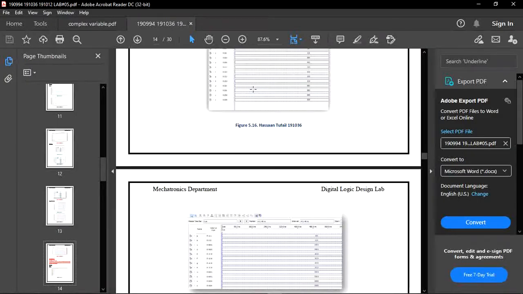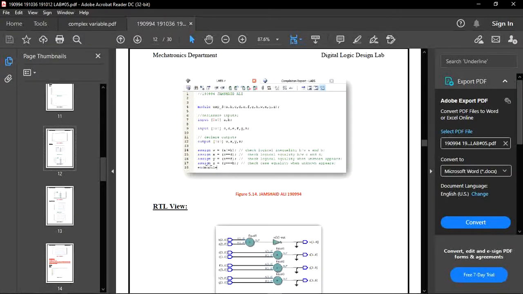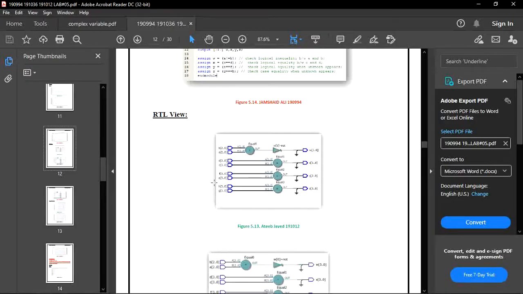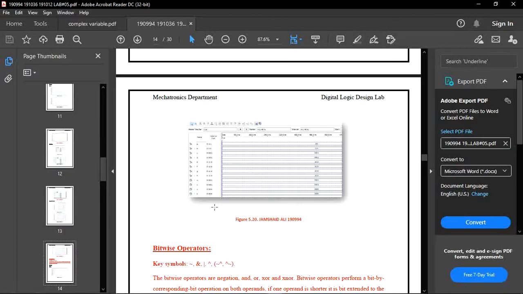So when an unknown appears, then our logical equality will be unknown, because there is one unknown variable in our function. So in the last case, which is z, we have to check case equality when an unknown appears, meaning if there is any unknown variable in g or h, then z will check our case equality. Then we can see on our output waveform that z will also be unknown, appearing in the most significant bit of the 4 bits.